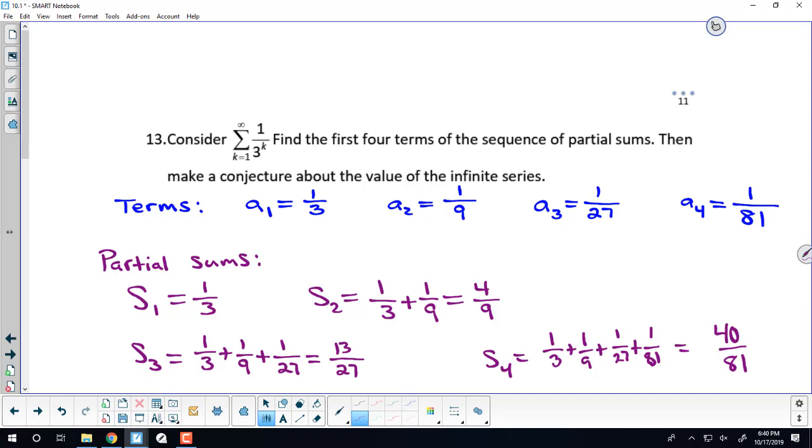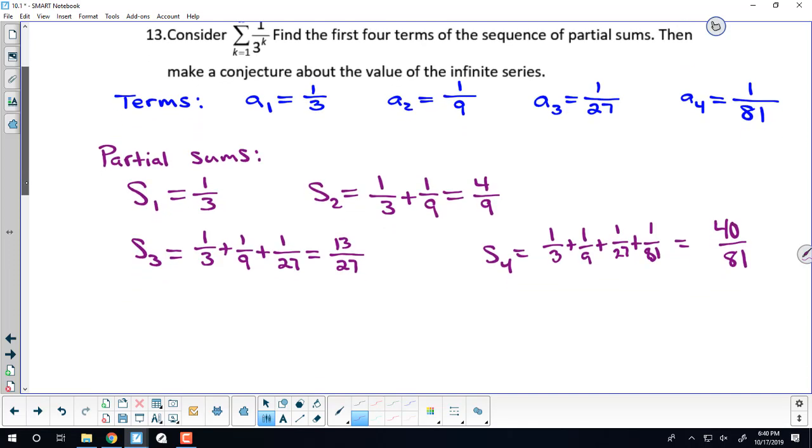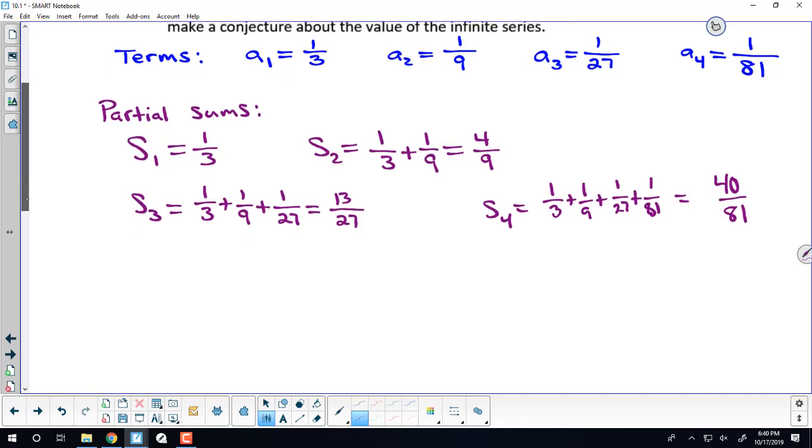So maybe it'd make more sense, if we're just asked to look at the partial sums to say whether it converges or diverges, you could look at it numerically, like we have 0.3333 here, we have 0.4444 here, and so forth. But if you're looking for an explicit formula for that partial sum, it's more beneficial to leave them as they are. That way we can see a numerical connection, like what's the formula for the numerator and what's the formula for the denominator. So really that's all we were asked to do. We're going to do a little bit more, but